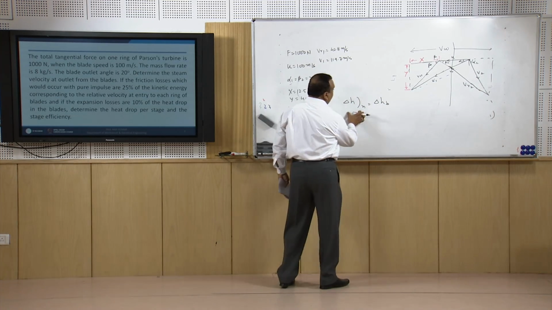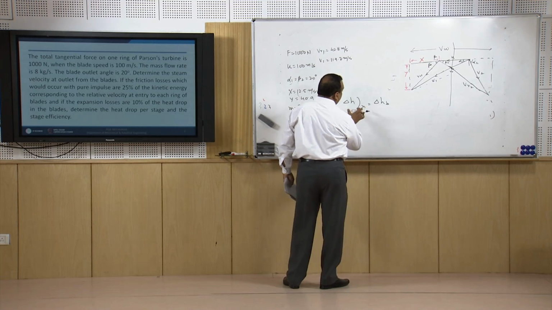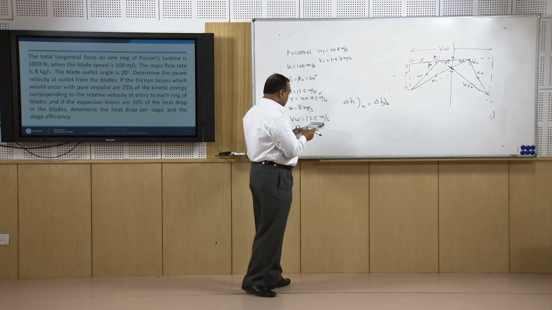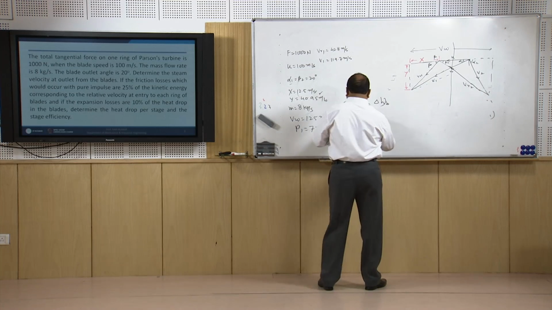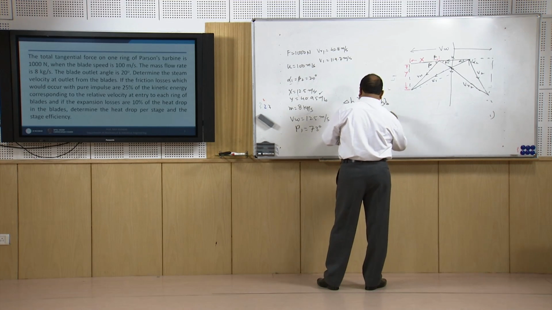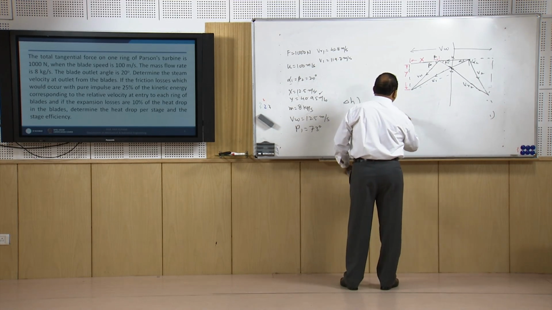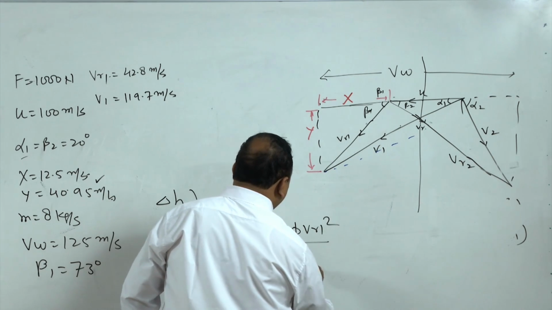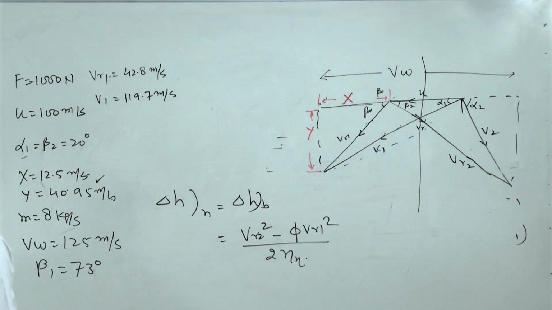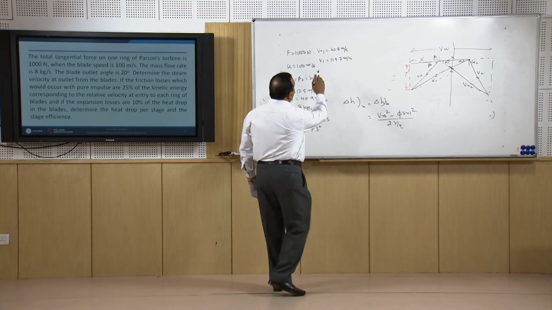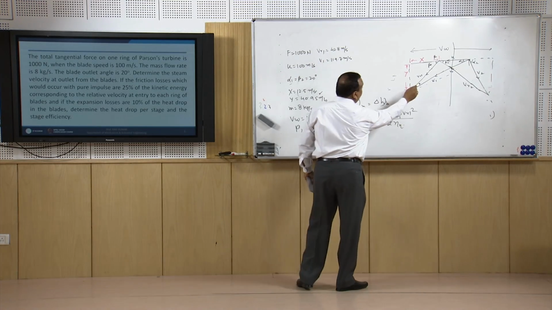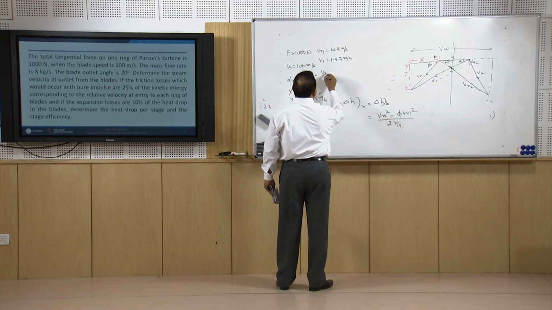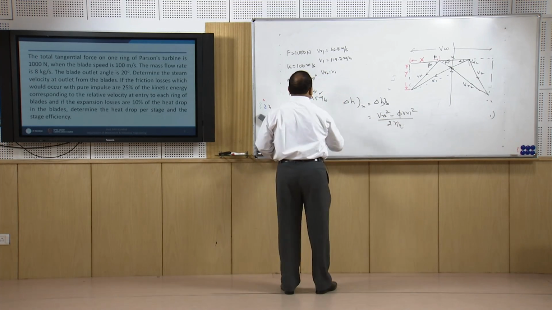So, the enthalpy drop in a stage is equally divided between the enthalpy drop in nozzles and the enthalpy drop in the blades, and that is equal to (VR2 squared minus phi VR1 squared) divided by 2 times the efficiency of the nozzle. And VR1 is given here, and VR2 is equal to V1. So, the enthalpy drop